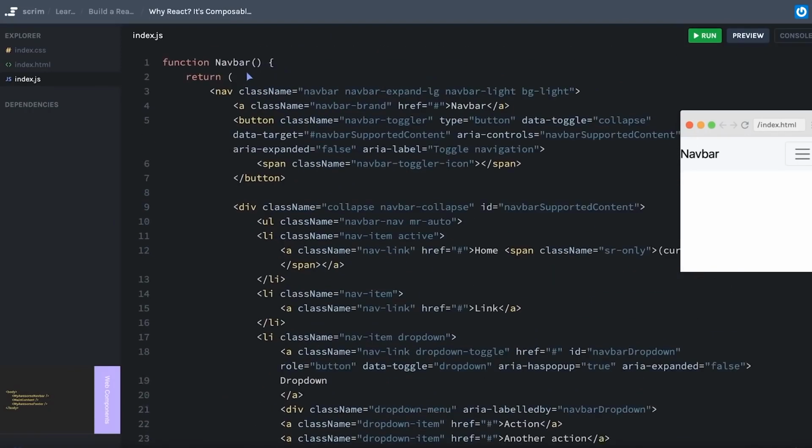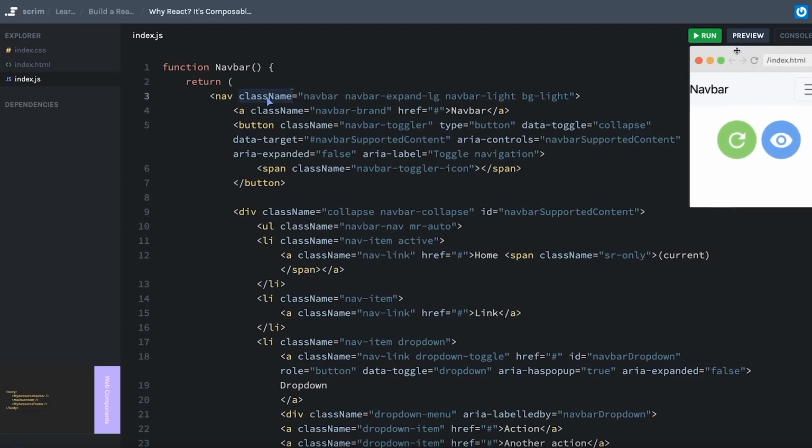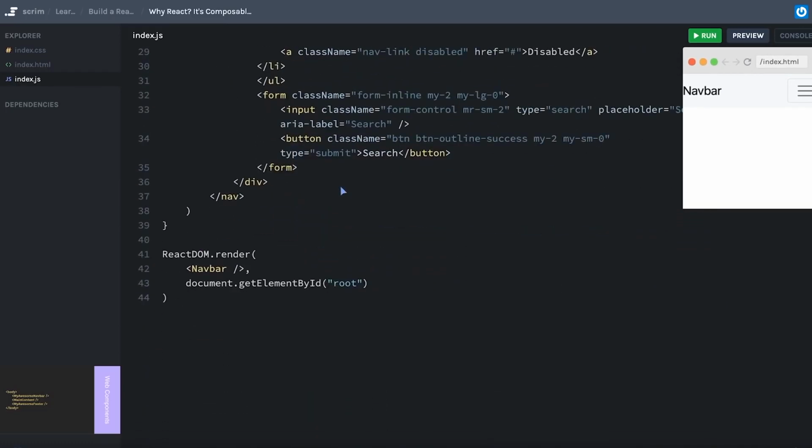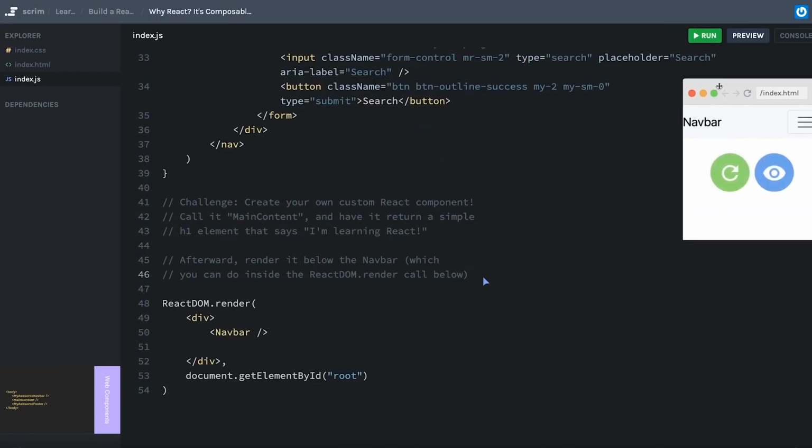As a quick aside, one thing you might notice is that I'm using className everywhere instead of class. That's not a mistake, that's just how you have to assign classes in React. We're going to cover that later. But for now, I'd like to give you a challenge that's going to require you to deduce what I've done here and try to replicate it for yourself. So let me put that here. Okay, your challenge is to see the navbar component that I have created and see if you can deduce how